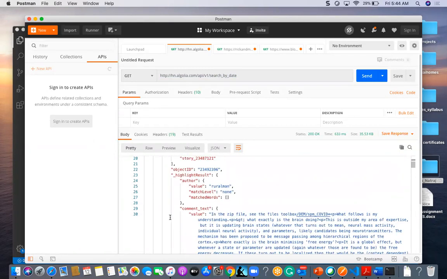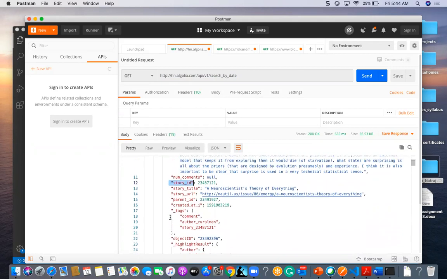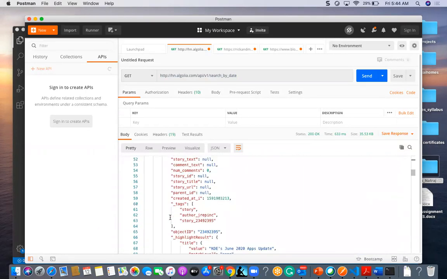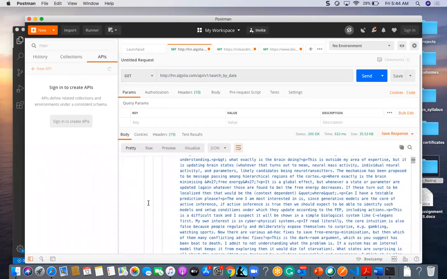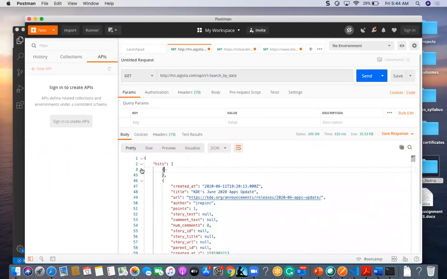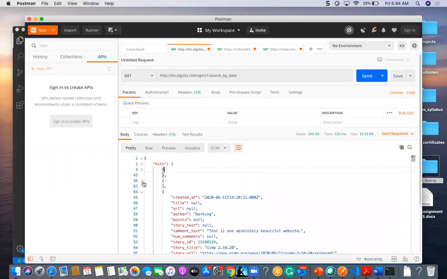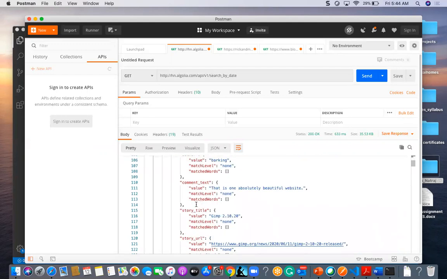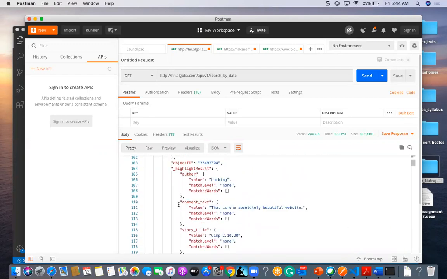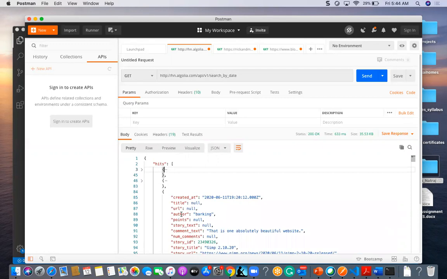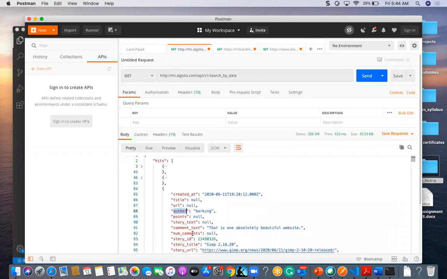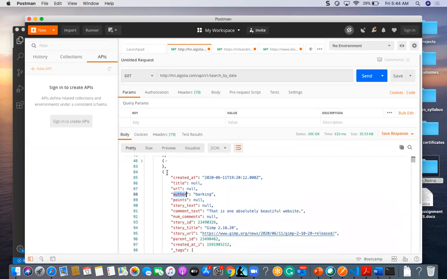So these details I want to fetch. I have few entries actually, so among them I am going to get this author and story points and his comments.